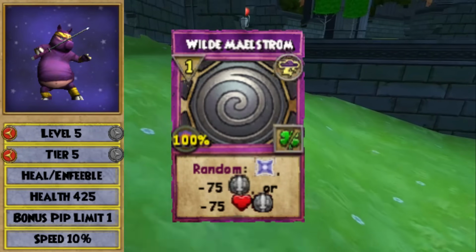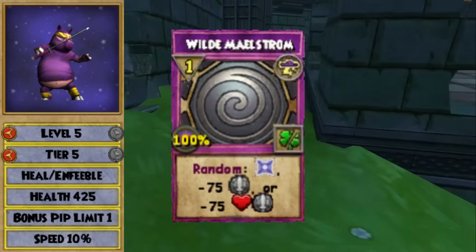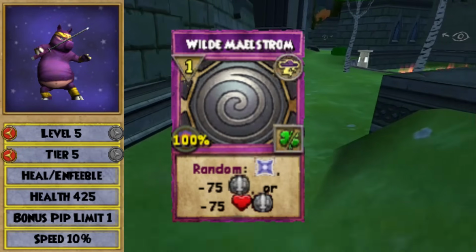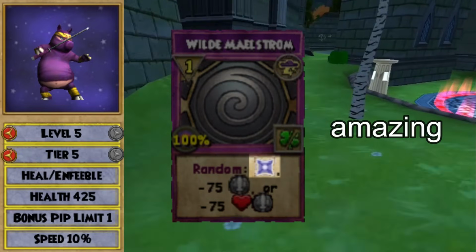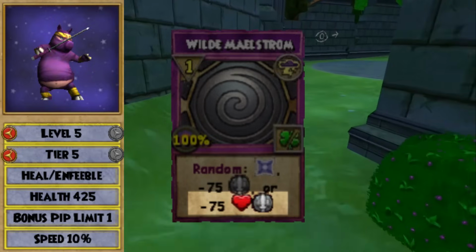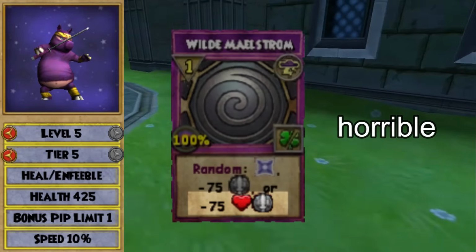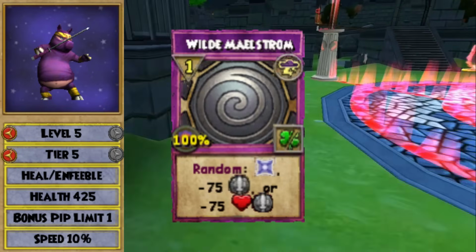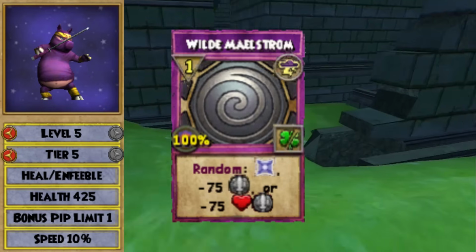Wild Maelstrom is a very unique spell. For 1 pip, you randomly cast one of 3 possible negative charms. Either Dispel, which is amazing, a 75 Weakness, which is decent, or a 75 Infection, which is horrible. So it's a very balanced yet completely unpredictable spell that I tend to discard often, but keep in mind that